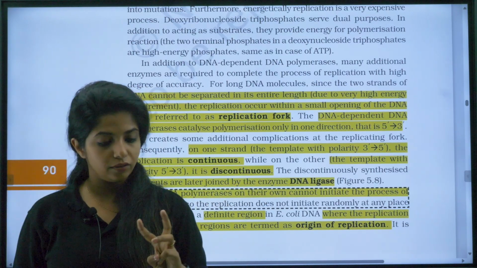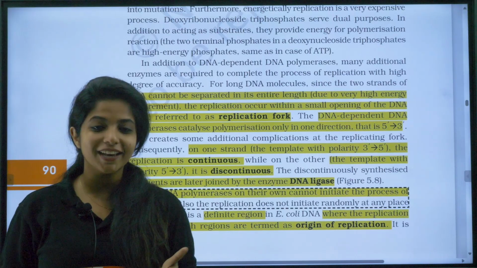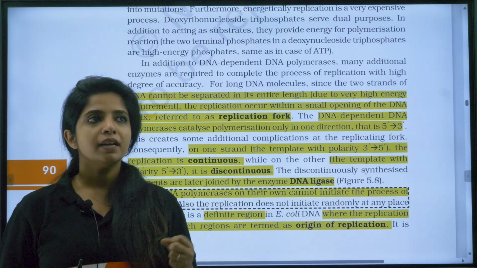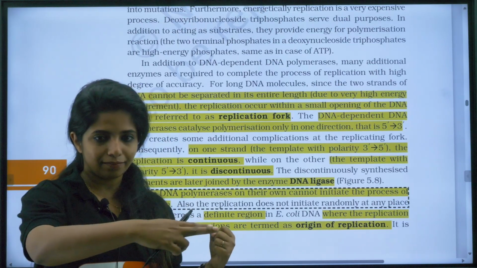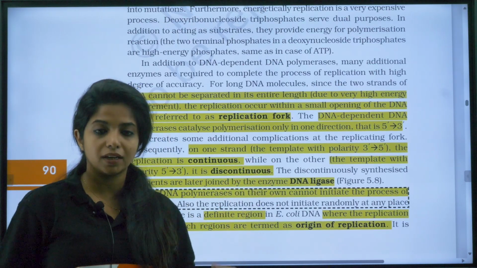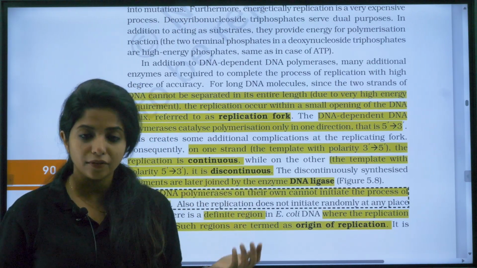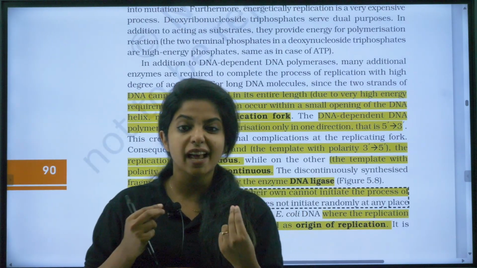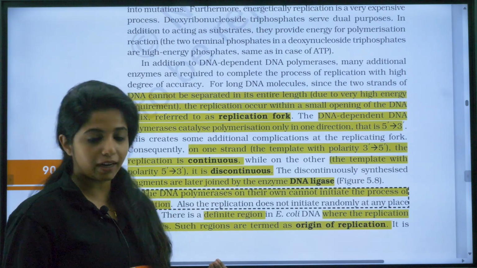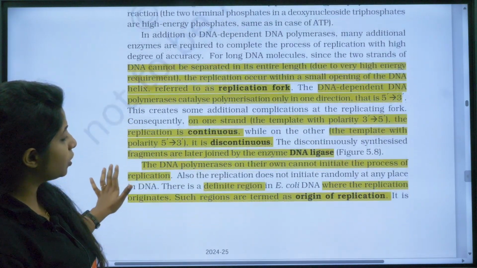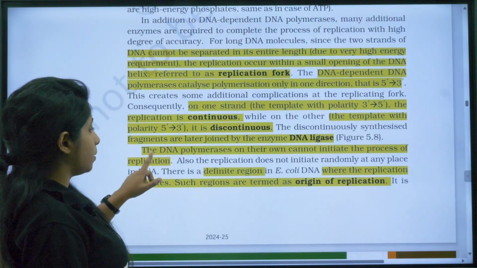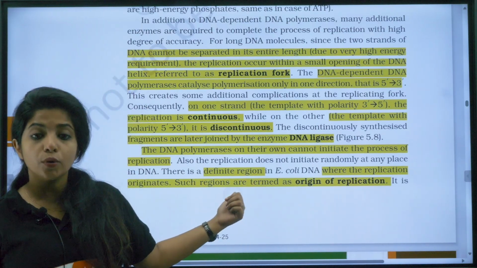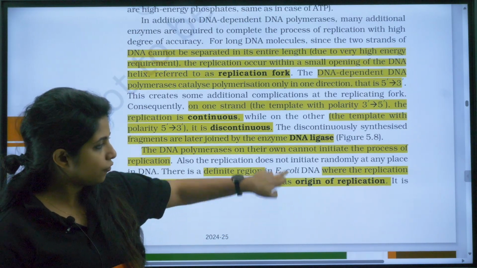I will tell you three enzymes. One is DNA polymerase, which helps in the replication process, in making the copy. DNA helicase breaks the DNA, which makes it open so that the DNA polymerase can act. Then DNA ligase ligates, which helps in the joining of things. It's actually like a Fevikwik, you can remember it like that. DNA polymerase on its own cannot initiate the process of replication. Please remember that. It needs a definite region, and this definite region is known as the origin of replication, my dear children.